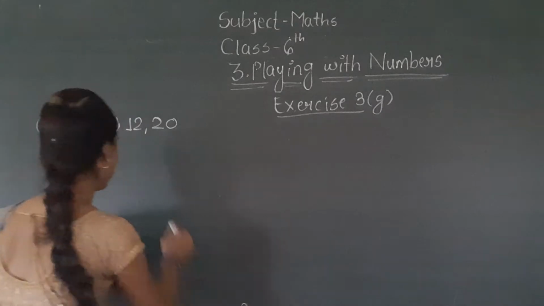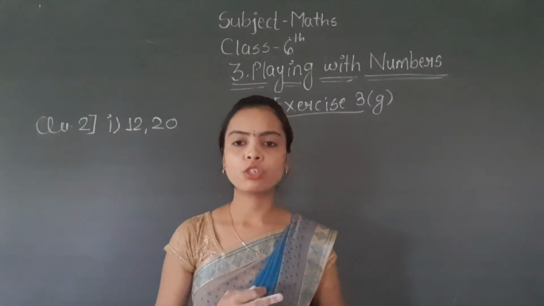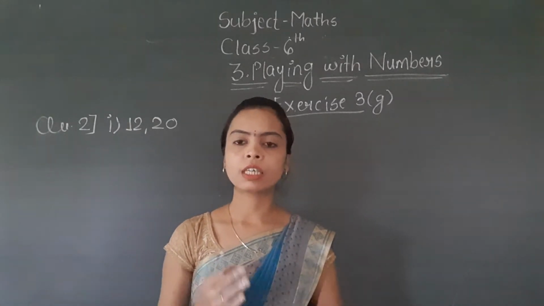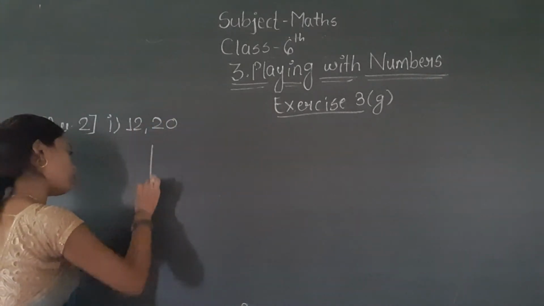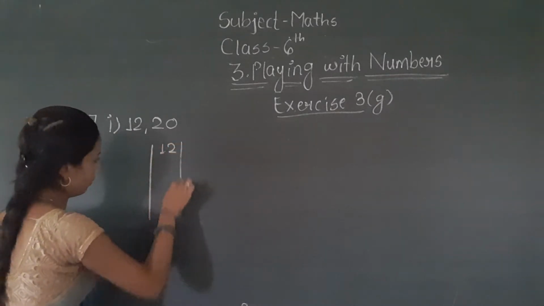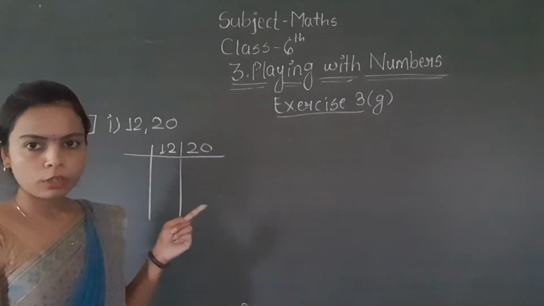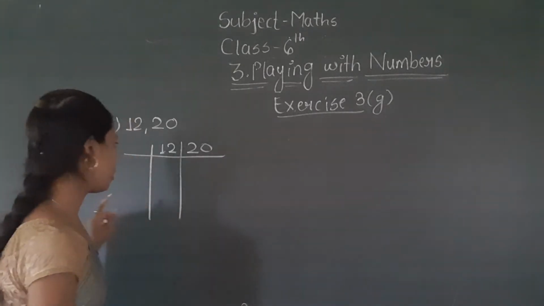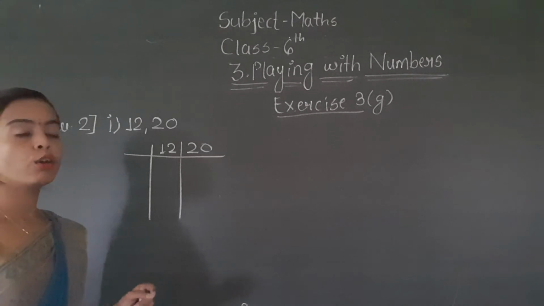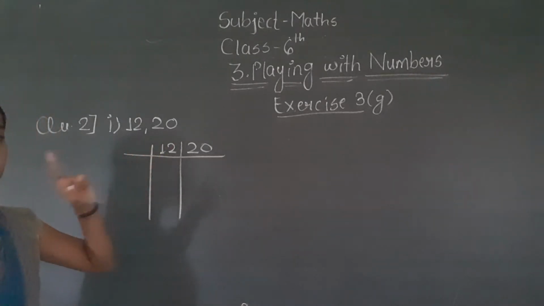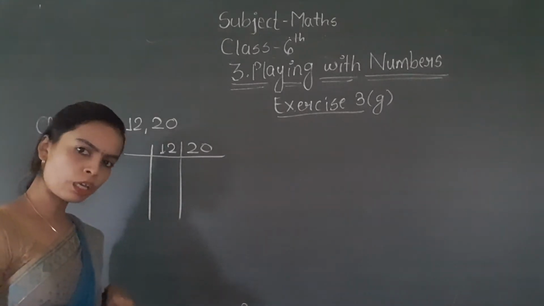So look at it. Because there is no method mentioned in your question, you can make it with any method. Okay, so we will take the division method here. So 12 and 20. Now in the table of 2, all the numbers come, so we will write it here. You can also take the table of 4 here because both numbers come in the table of 4, you can take it, but don't do it that way, go one prime number at a time.